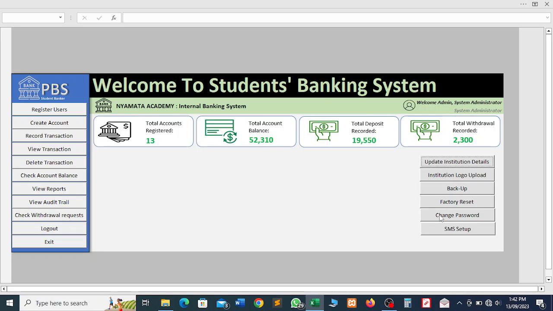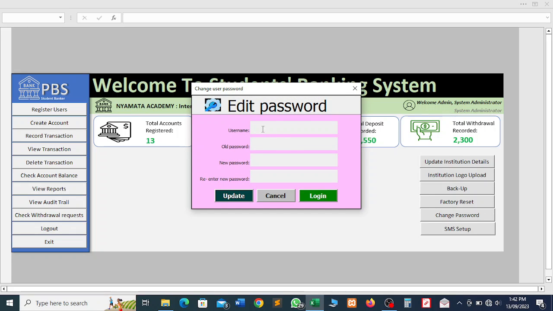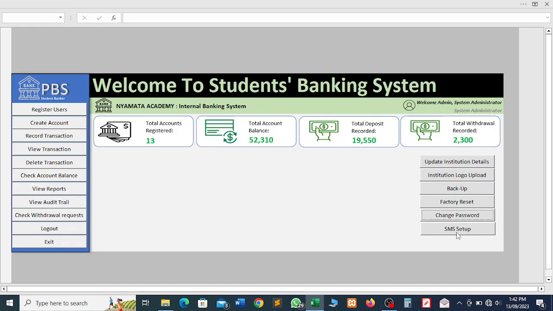Change password, you can change your password as an admin. Put username, old password, new password, and re-enter new password. Then you click update. All right. Then you can also